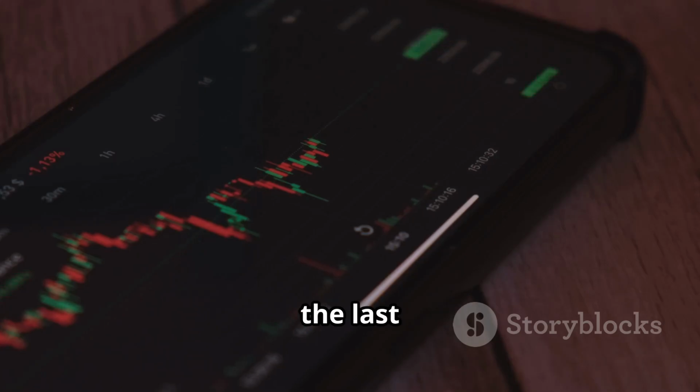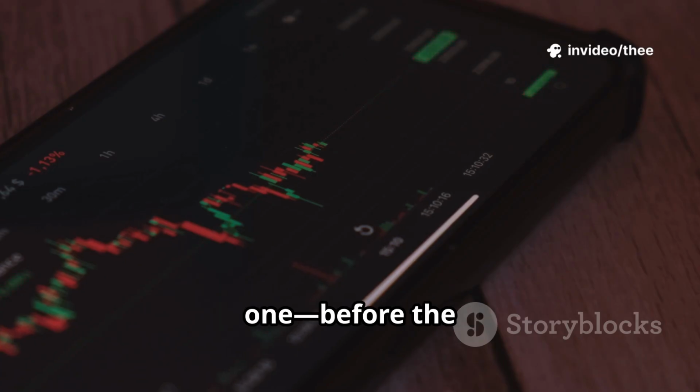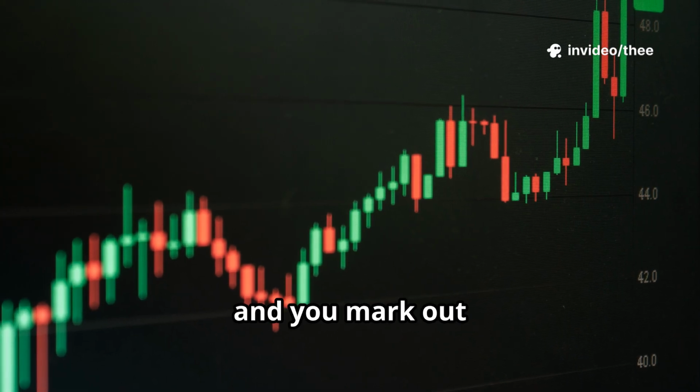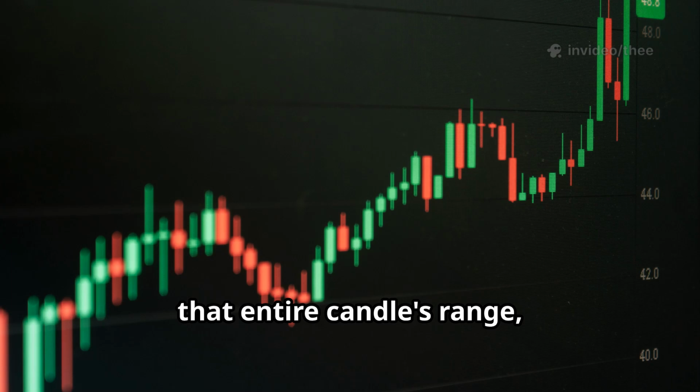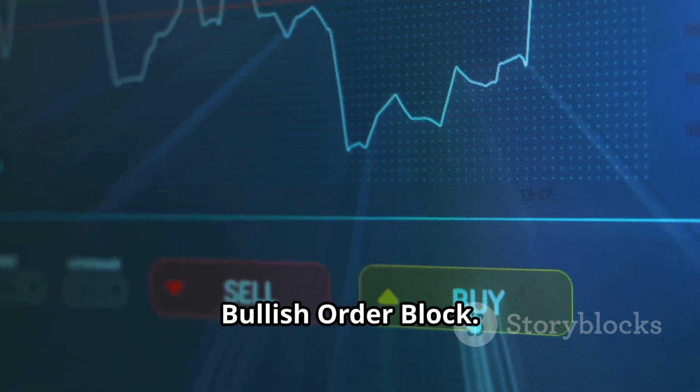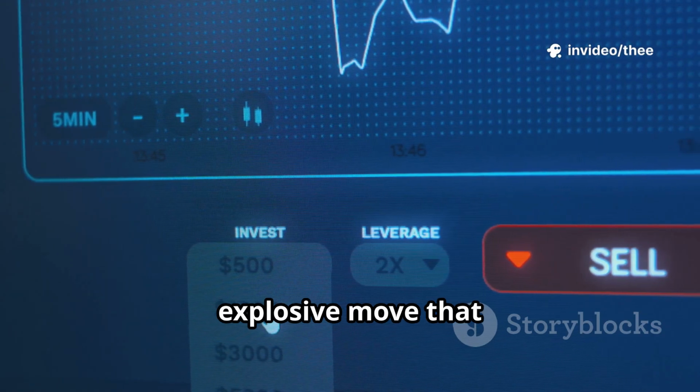You're looking for the last down candle, the red one, before the massive green candles took over. You find it, and you mark out that entire candle's range, from its high to its low. This is your bullish order block. You inspect the explosive move that came out of that order